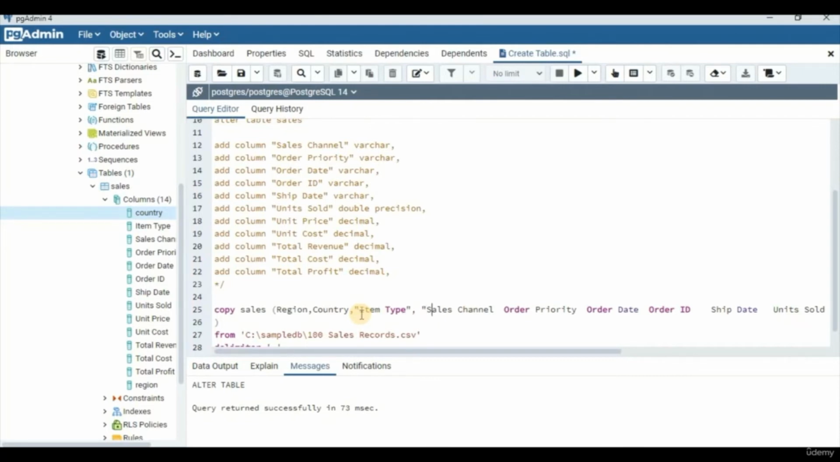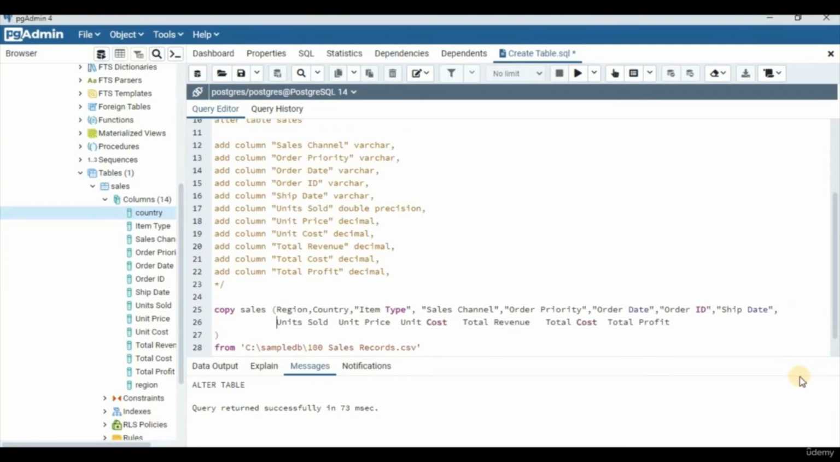Let's add in double quote here, let's add in a comma, and I'm gonna add in double quote here, let's add in a comma again, put in a double quote. Same for the order ID, ship date. Let's enter a new line here, and let's put in double quote for unit price, same goes for unit cost, total revenue, total cost,